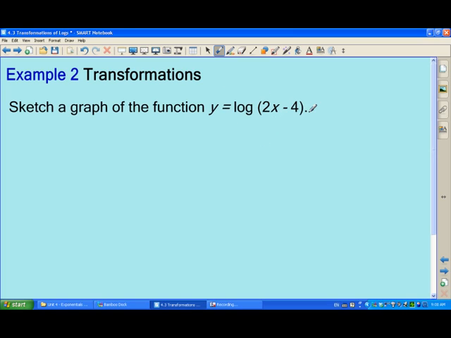Tomorrow in class, I'm going to start with this example, another sketch of a function. If you want to try this right now for homework, please do. But otherwise, we'll start with this in class and do a few other examples of sketching